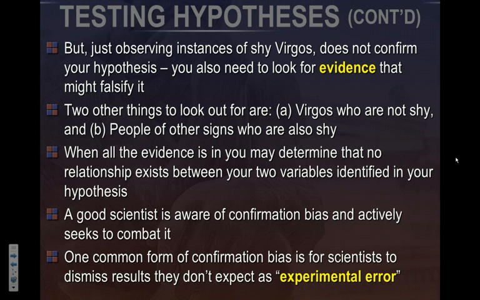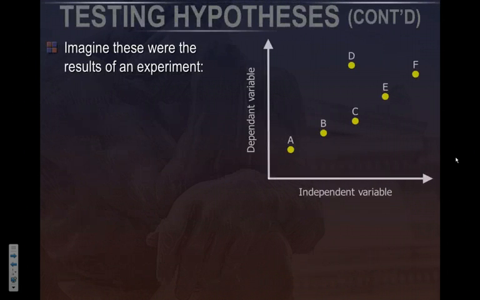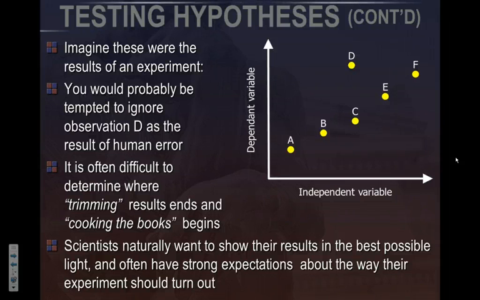This also relates to looking at the data of your experiment. Say this is the result of your experiment. What would you call result D? What's a word you could use to describe it? An outlier, right? So generally, if we're using an experiment and we're like, okay, this looks good, looks like what I expected, oh, but D, it's an outlier. Sometimes we tend to dismiss that outlier and go, you know what, I probably messed up the experiment on D. But what if B was also an outlier? What if F was also an outlier? How many outliers should you have before you say, you know what, the experiment's no good?